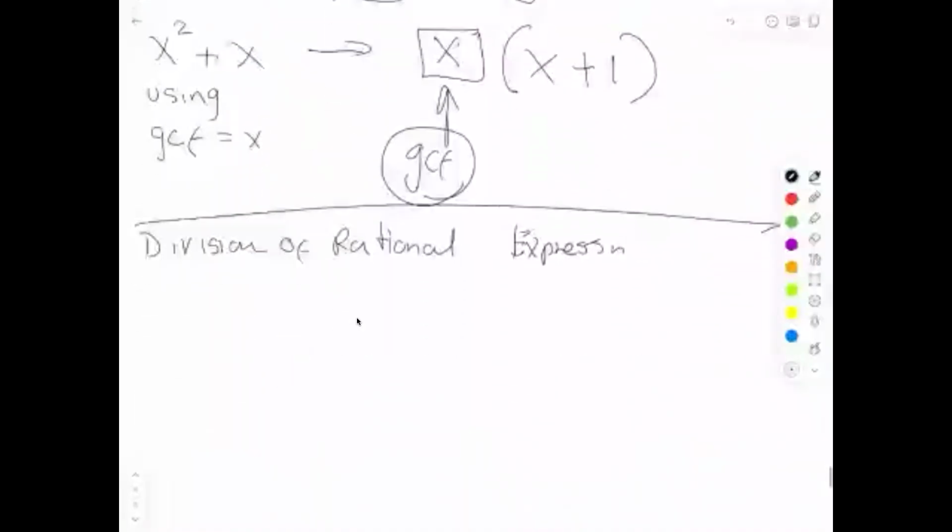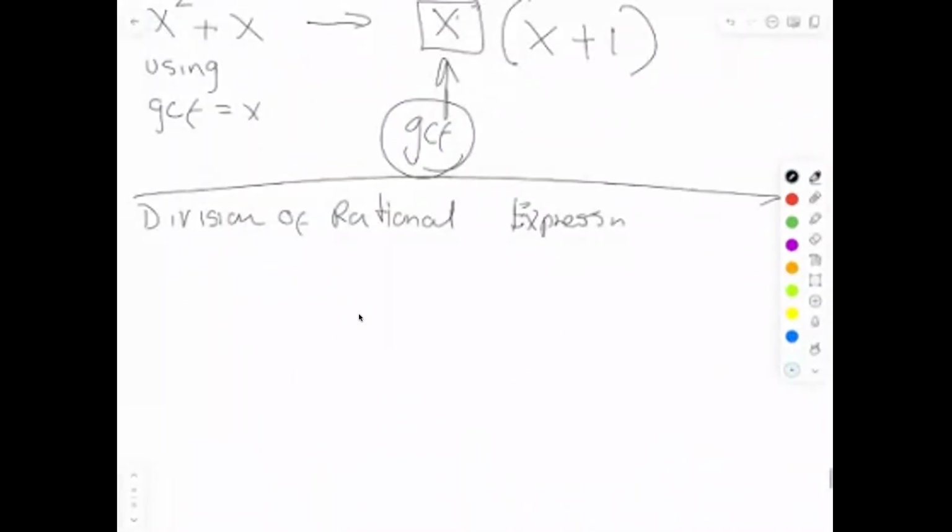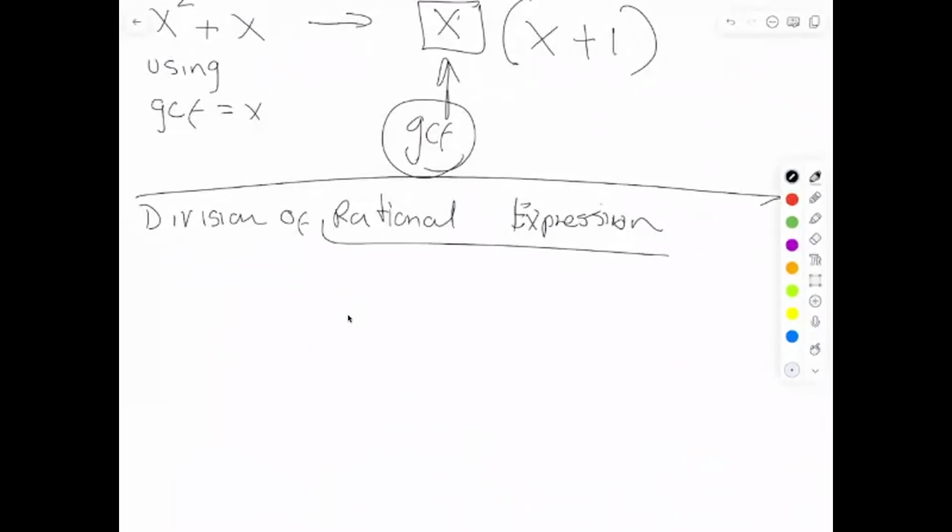What was the name I used? It's a rational expression. Rational expression. So a rational expression is a fraction that has numbers and